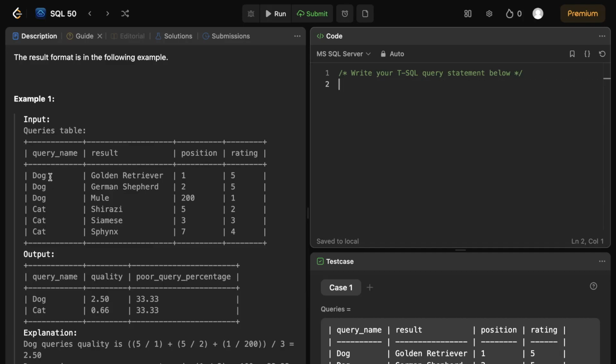So we have the query for dog 3 times, out of which the rating for one of them is below 3. Hence my poor query percentage becomes 1 divided by 3, because there were total 3 queries, into 100, which gives me something like 33.33%. Okay, and for the quality what I have to do is rating divided by position and the average of that. So 5 divided by 1 plus 5 divided by 2 plus 1 divided by 200, and whatever the value comes up divided by 3, because there are 3 queries we are taking the average,